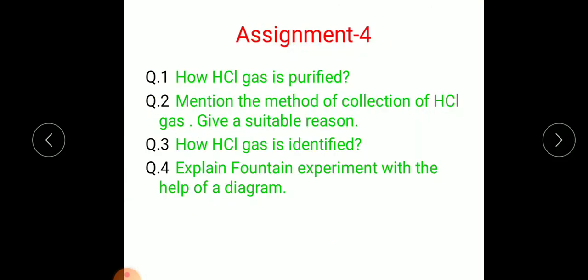Now assignment 4 for today: question number 1, how HCl gas is purified. Question number 2: mention the method of collection of HCl gas. Give a suitable reason for it. Question number 3: how HCl gas is identified. And question number 4: explain the fountain experiment with the help of a diagram. So complete this assignment and send it in my